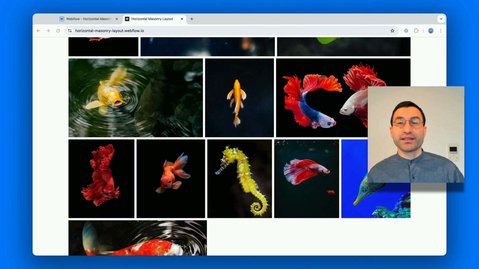We'll start from static images, then we'll see how this layout can be smoothly applied to a collection list, and finally, we'll quickly add a staggered animation to the gallery items to make our layout a bit more dynamic. So, if you're looking forward to it as I am, stick around,